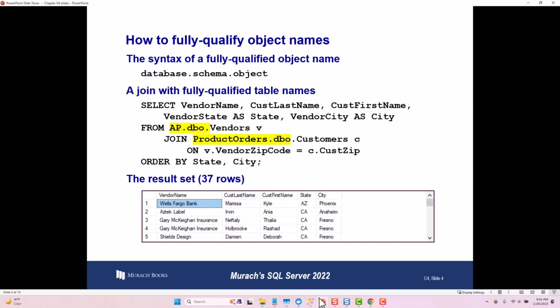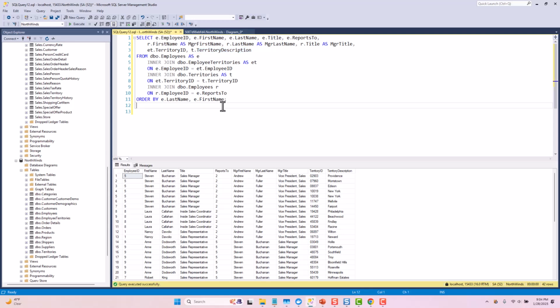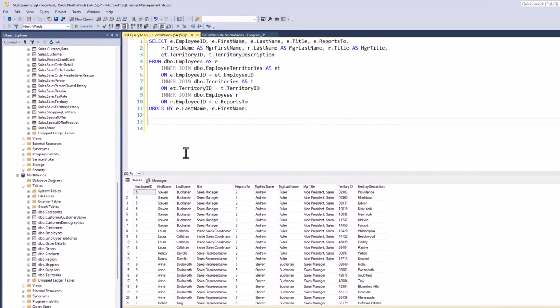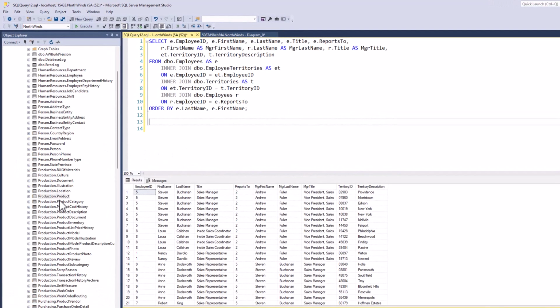So let's go ahead and go back to our query window over here. And this is going against Northwinds. If I would happen to scroll up, I have a production.product table in the AdventureWorks. If I try to select something from the production.product table, notice that it's giving me an issue.